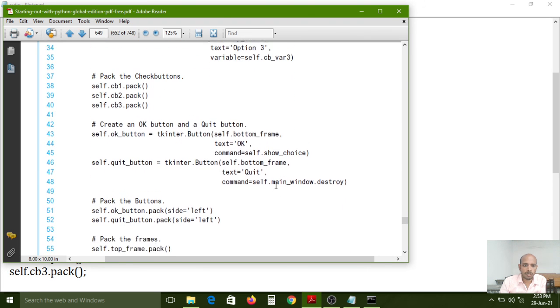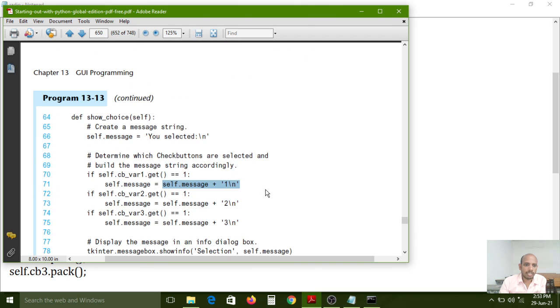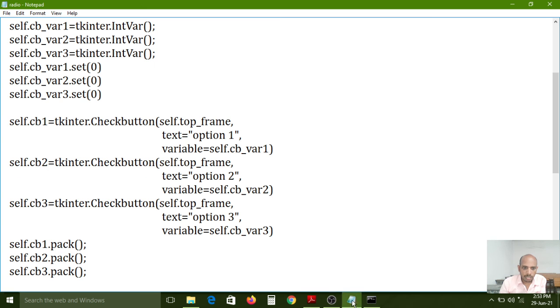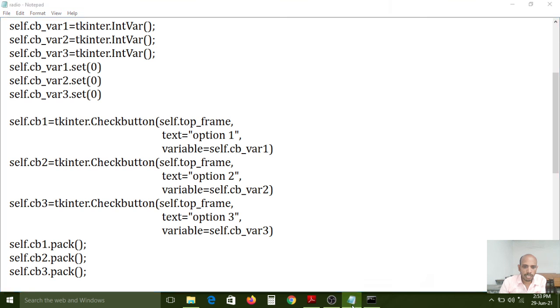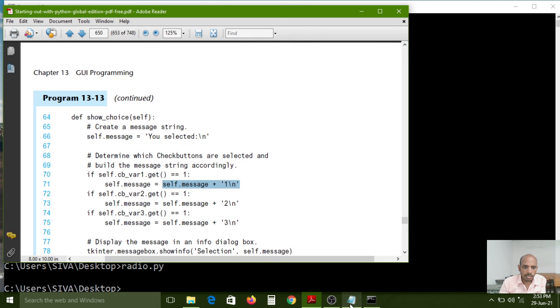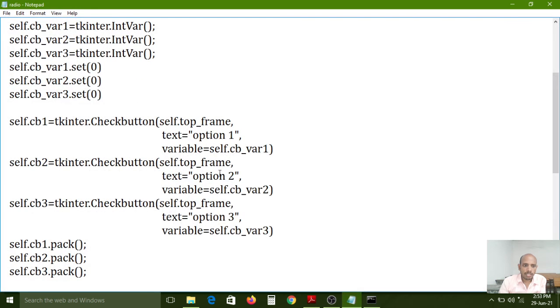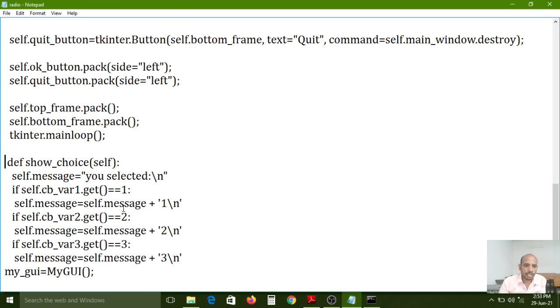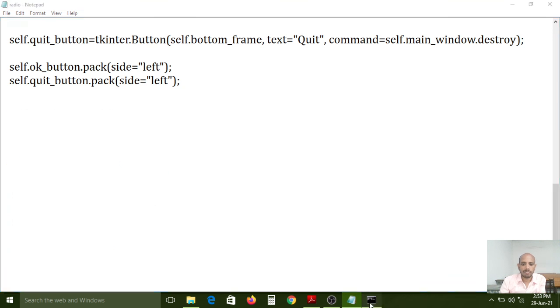Now immediately the control will come here: self.message if self.cb1 get equal to 1. Here everything is 1 because there are 3 if conditions now, so that's why.